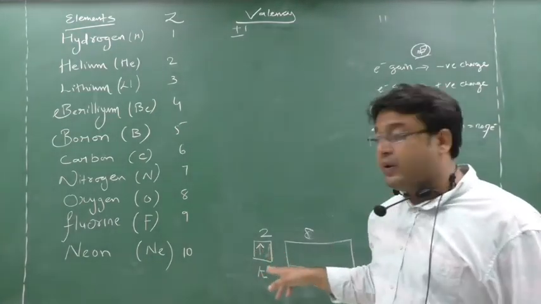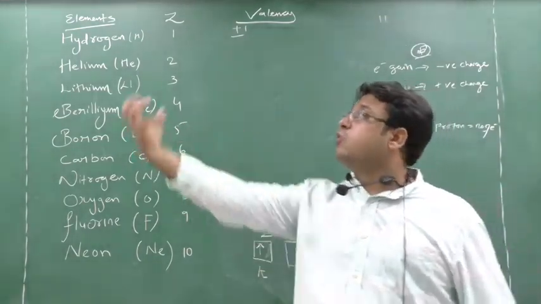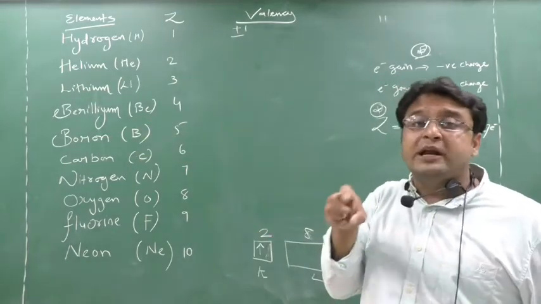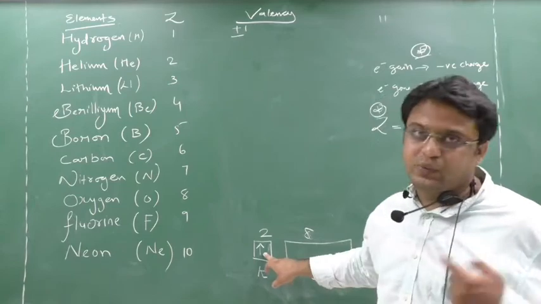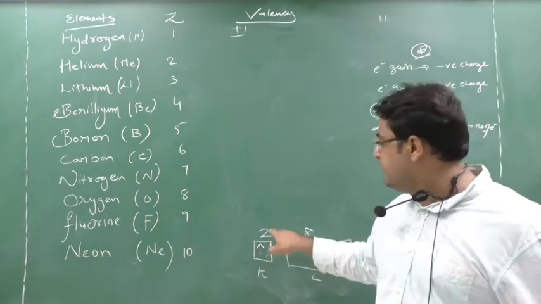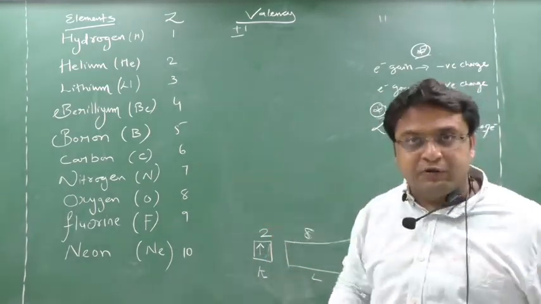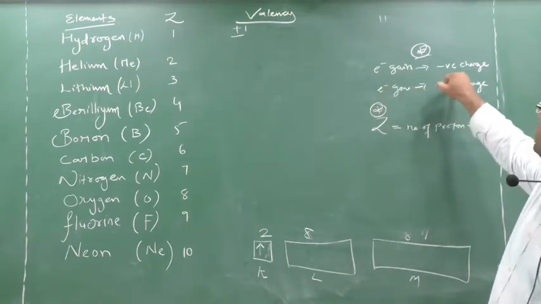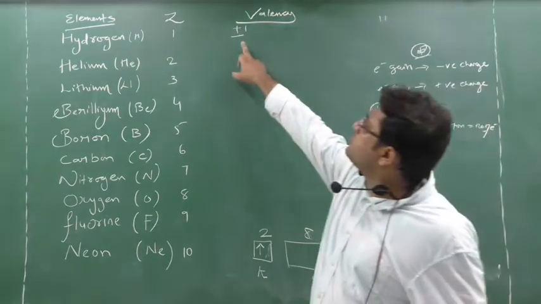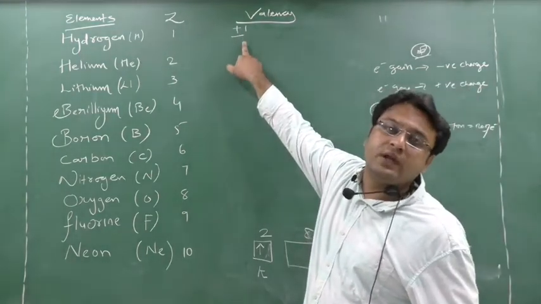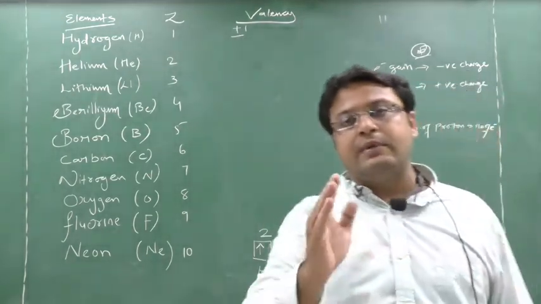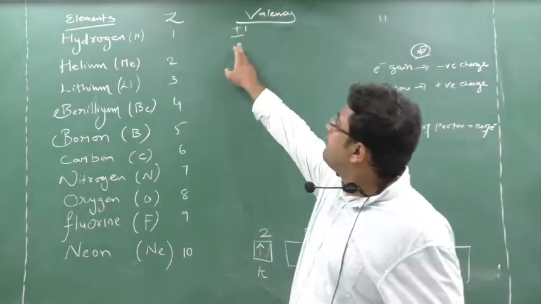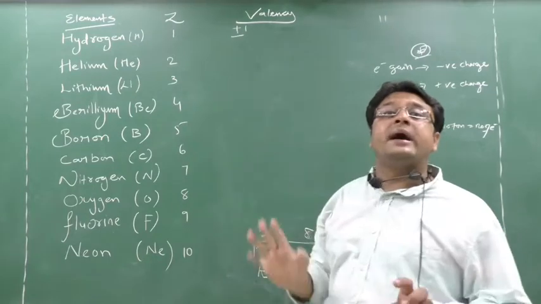If hydrogen requires the room, very compulsory, then it will find 1 more electron. He is telling, okay, I am finding 1 electron. So how many electrons will he find? Only 1, because he has 1 himself, and with 1 more electron he makes 2. If 1 electron is gained, which charge will it create? Negative charge. So hydrogen can have both charges, either plus 1 valency or minus 1 valency. When plus 1 comes and when minus 1 comes, I will tell you in future classes. So hydrogen will have both valencies, plus 1 and minus 1.